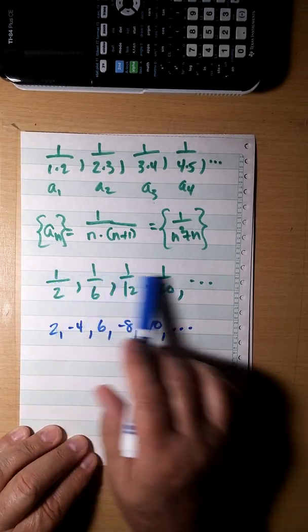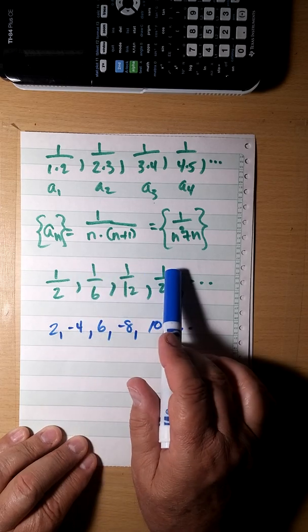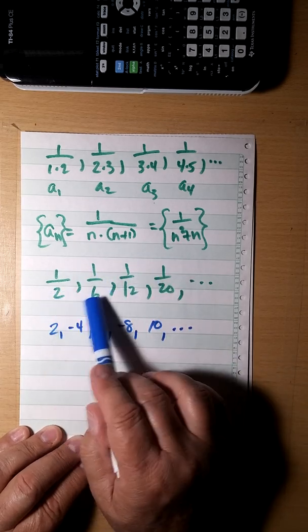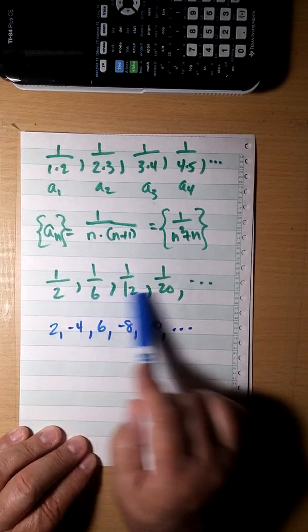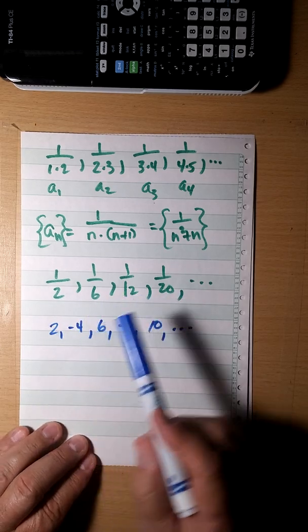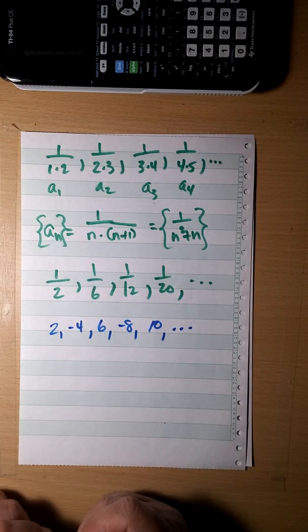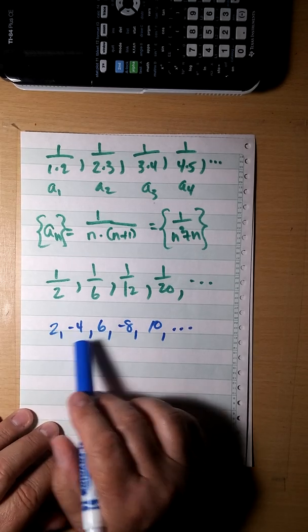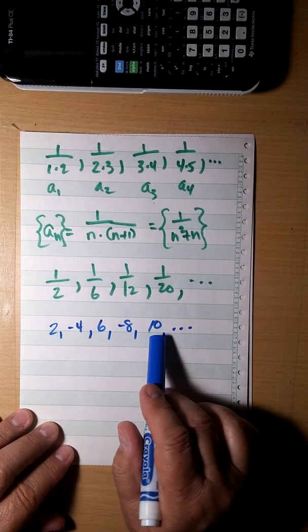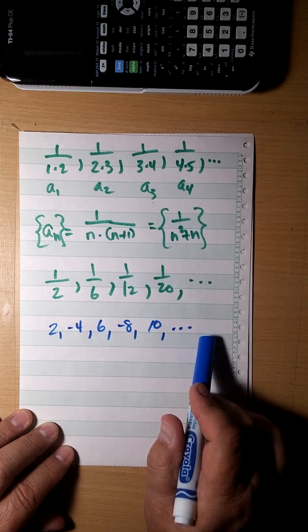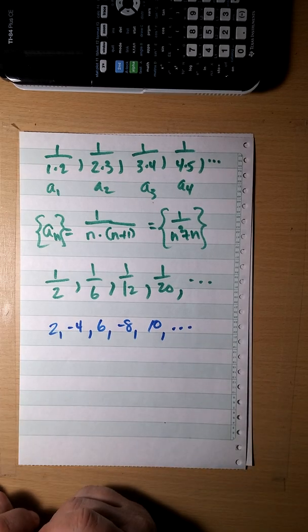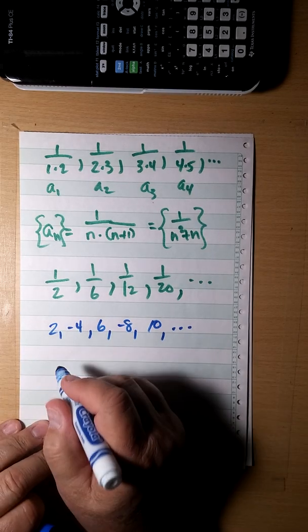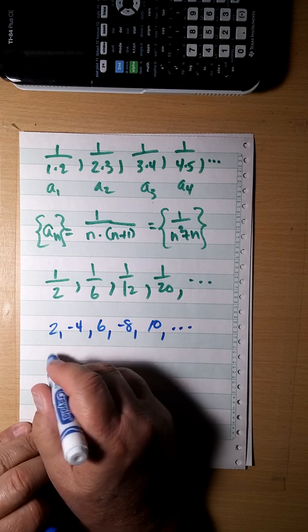Remember, if we would have gone backwards, we said the numerator is always 1, and you can use addition, you can use multiplication. Many times multiplication is better, but it could be just addition. Here we're adding 2, adding 2, adding 2, adding 2. So really, if this is my a sub 1, it's really